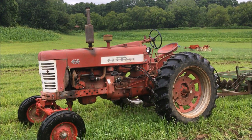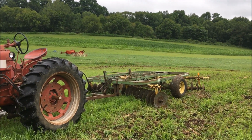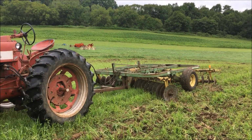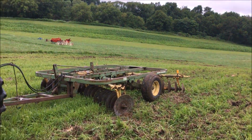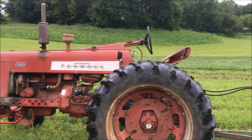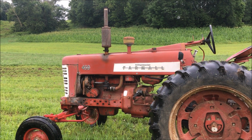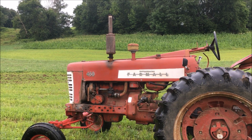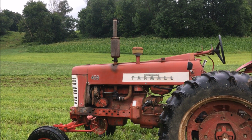So I've got my trusty 450 Farmall here. I'm hooked on to my John Deere 110 disc because it was easier to get to than my International 350. I've got the 450 all gassed up. The big C281 engine in this thing does have a pretty healthy appetite, but it gets quite a bit of work